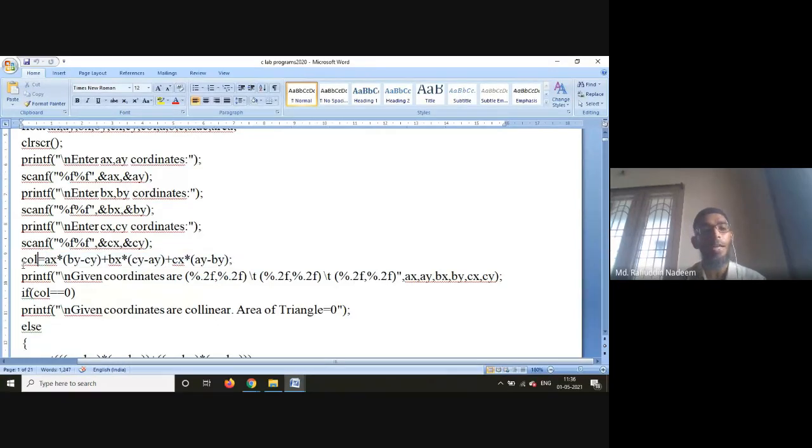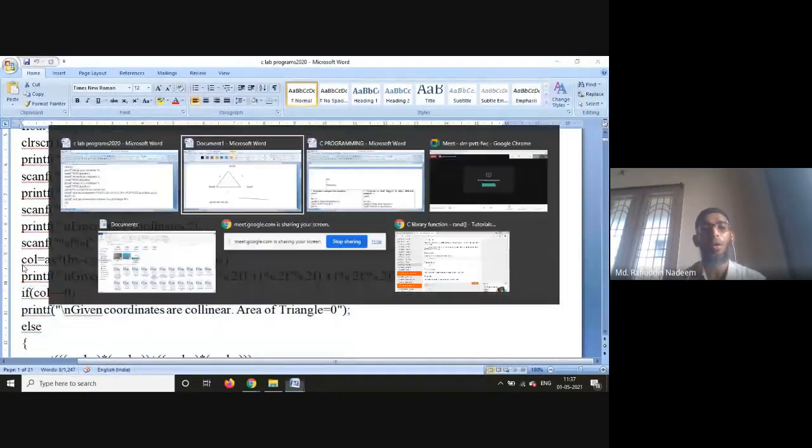If this value is 0, then we can say that the given 3 coordinates are collinear, so the area of the triangle is 0. The triangle is not formed when all the 3 coordinates are on the straight line. If not,